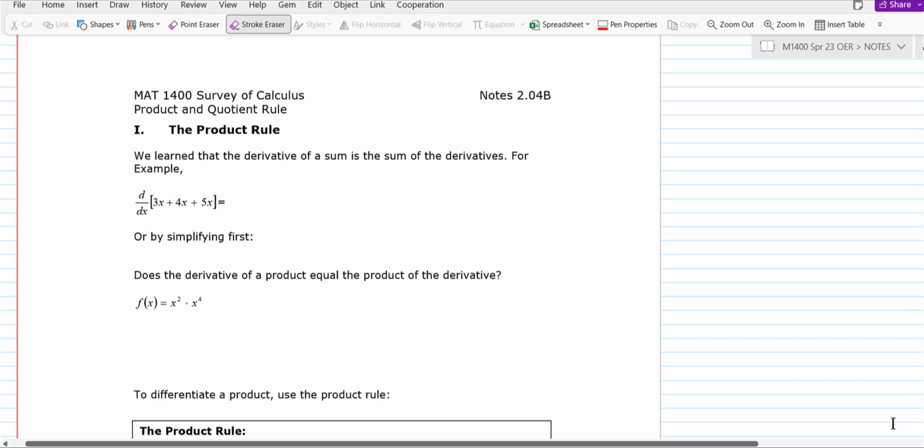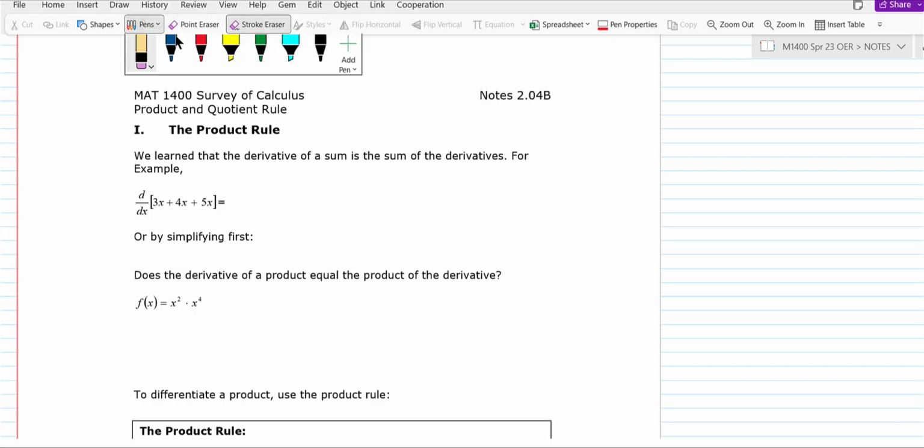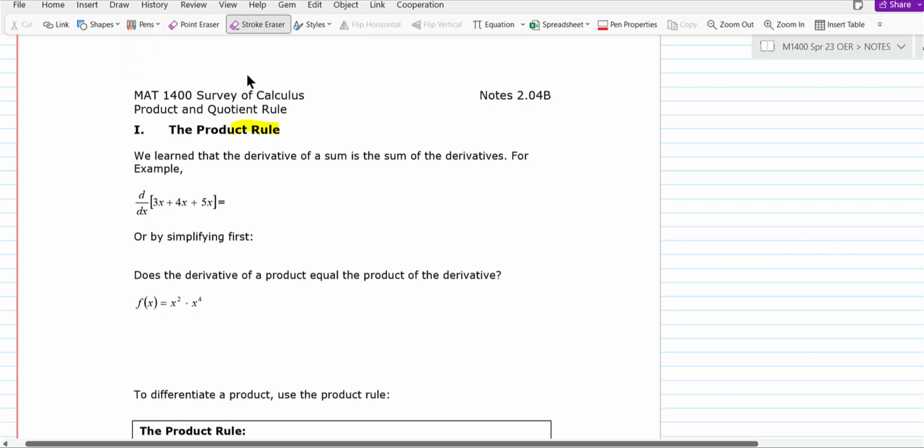In this section today, we're going to learn what we call the product rule and the quotient rule. It's all about doing derivatives. So probably by the time this week's over, you'll know all the derivative rules there are for me to teach you. There's not too many more to do. So the product rule, what the deal is on the product rule,